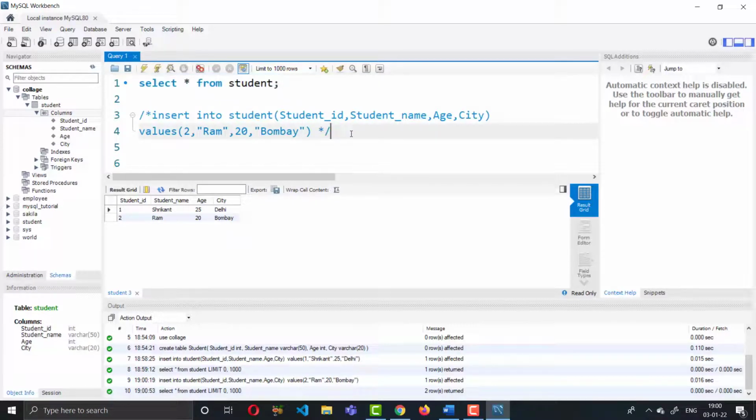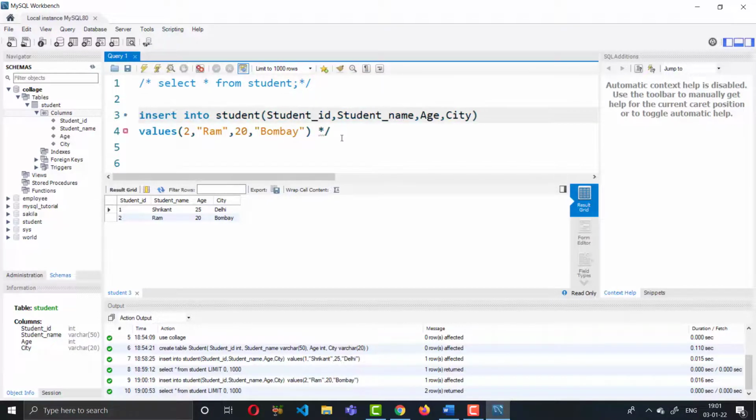So suppose you want to create multiple rows, how will you create them? So let me comment here. Suppose you want to insert many rows at a time, so just pass a comma and pass this information in parentheses. Let me copy here. Initially I inserted 2, so let's give the ID 3.